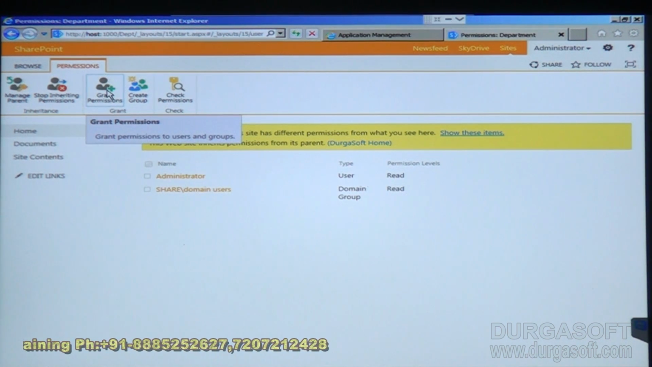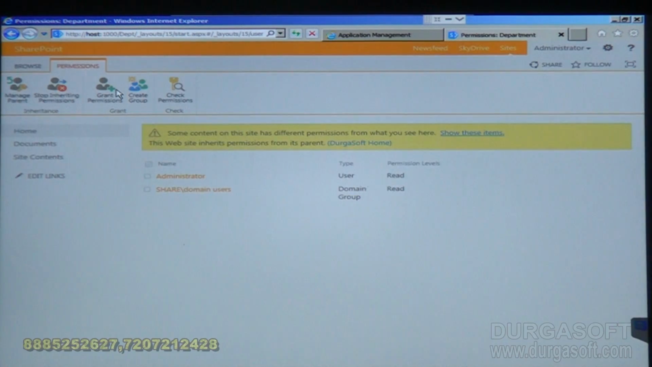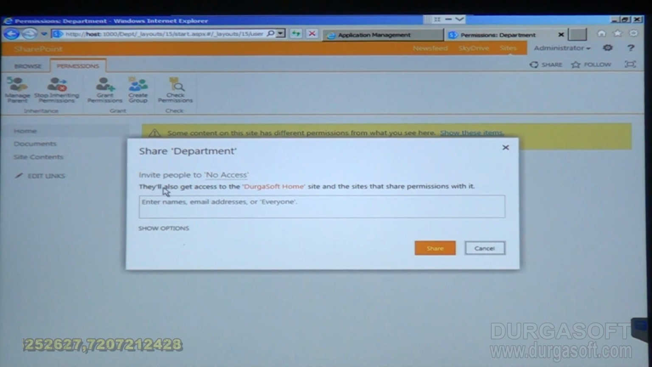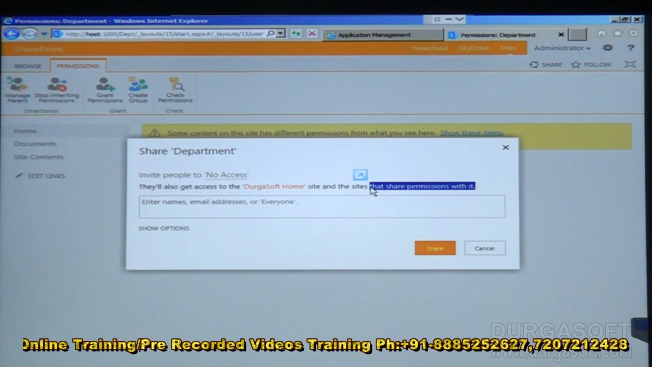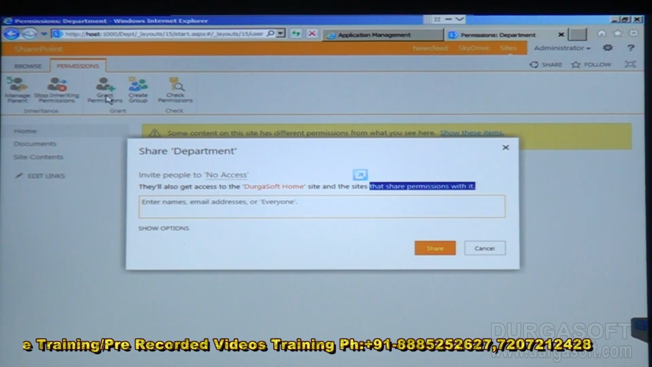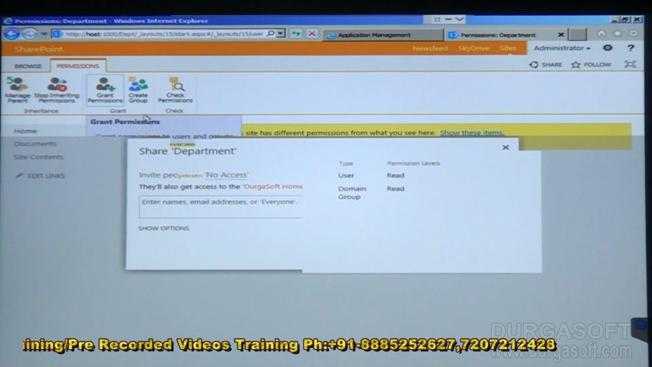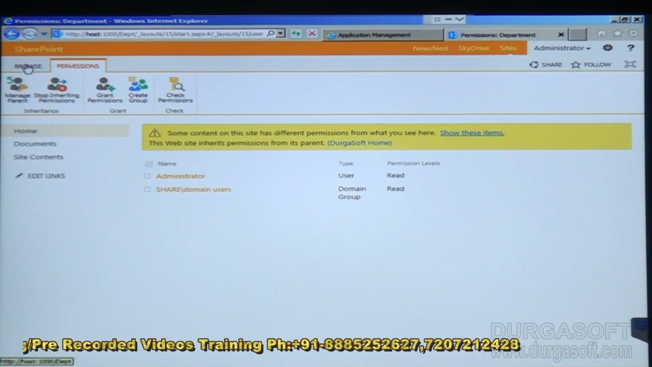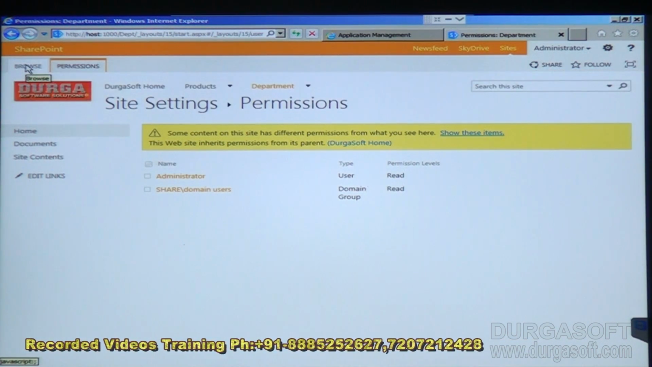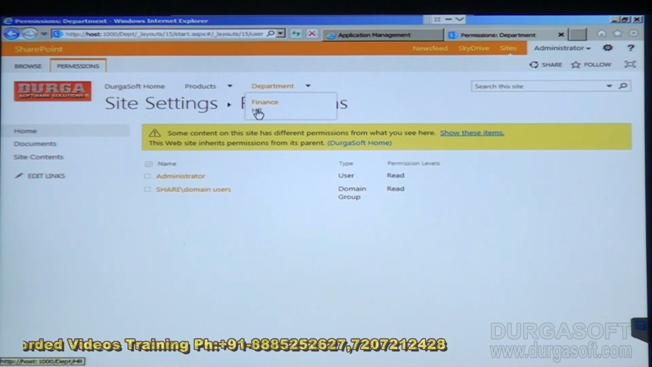Even if you click on grant permissions, or if you want to add permissions, they will get access to the parent, because this site is sharing permissions with the parent site. Okay, so you won't get a chance to add permissions. Similarly, if I want to go to the HR site,